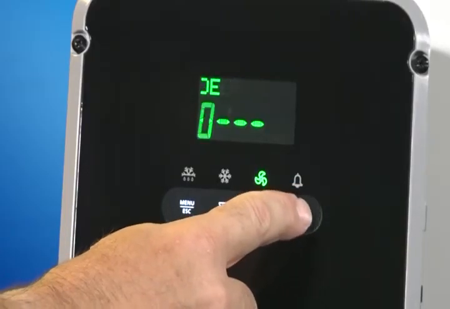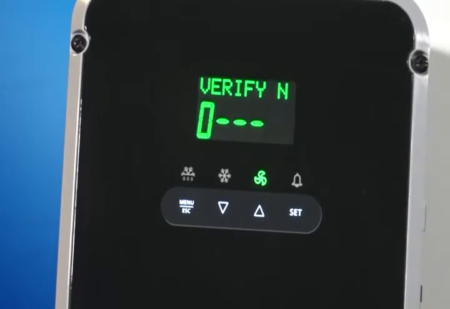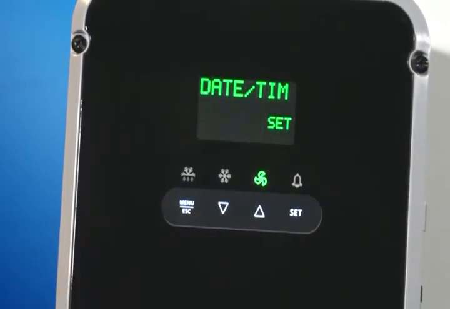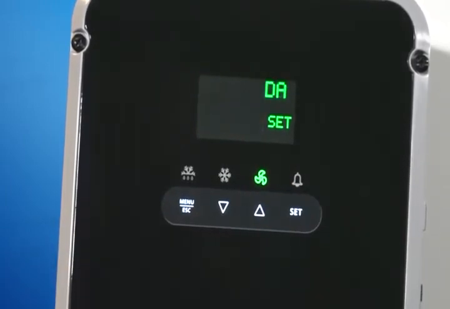Lastly, the user can set up a 4-digit passcode to prevent tampering with the control. You will be prompted to enter the code a second time to verify accuracy. To have the control operate with no passcode, use 0000 as your passcode. As you can see, the A525 electronic refrigeration controller with adaptive defrost sets a new standard